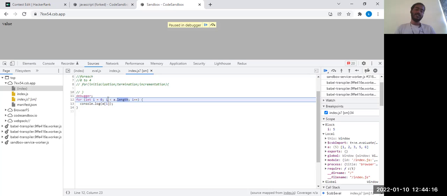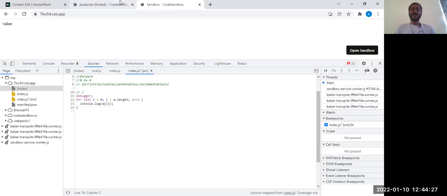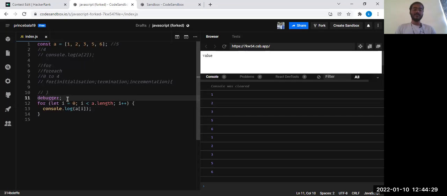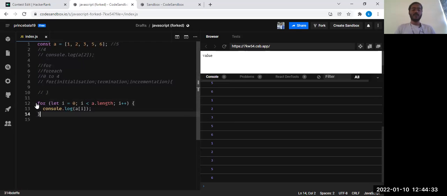So now here, if you see, it is checking the condition. 5 is less than 5, which is false. So since it is false, if you see, it will break the loop and it will come out to line number 14. Can you see? So this is how the array works. So this is how you have to iterate through the array. So let me remove this debugger. So this is the first method, how to use this for loop to iterate through the array.